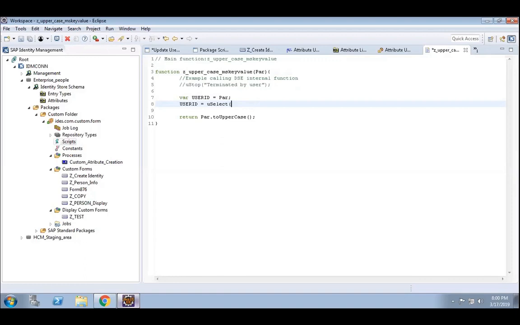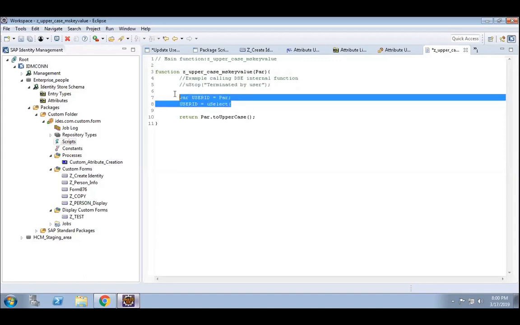Then you can just give user ID equal to that, to upper. So simply return par dot uppercase. I don't need to do anything.